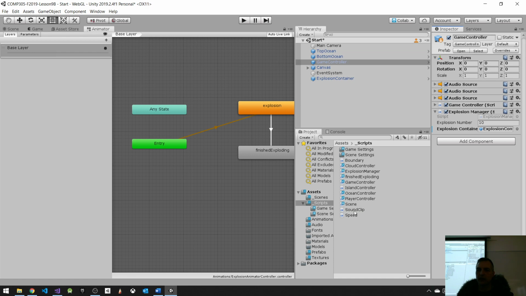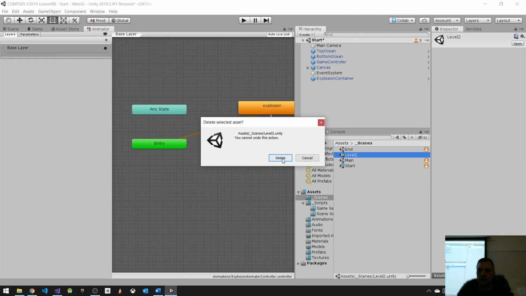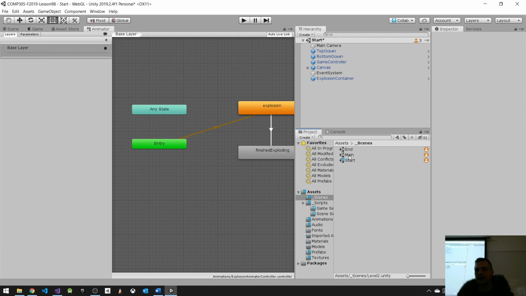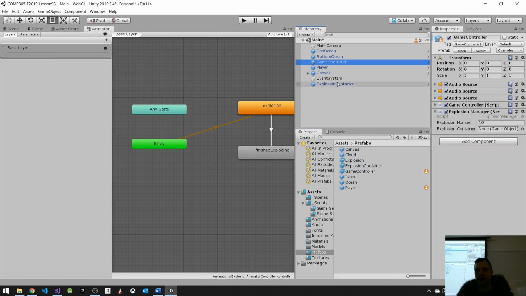Next, I want to go to the other scenes. So I want to go to scene, and I want to go to my main scene. I want to get rid of level 2 for now. I don't need level 2, just for this example. So save this scene, go to my main scene, and notice that I don't have an explosion container. I'm going to put that back in, and in my game controller, I definitely want to make a reference to it. Okay, I got to do that,